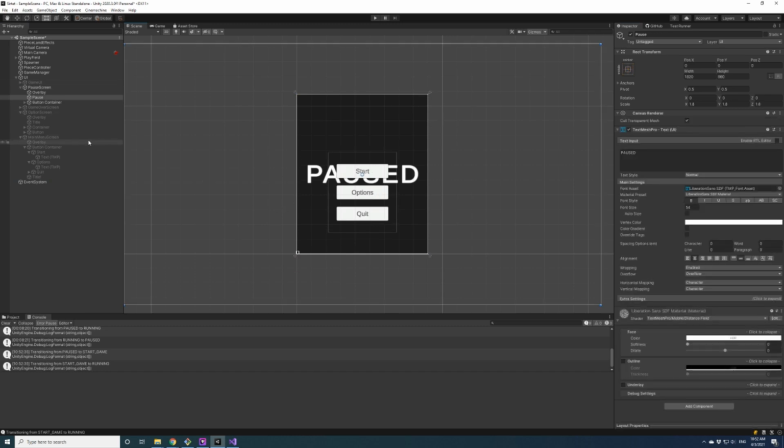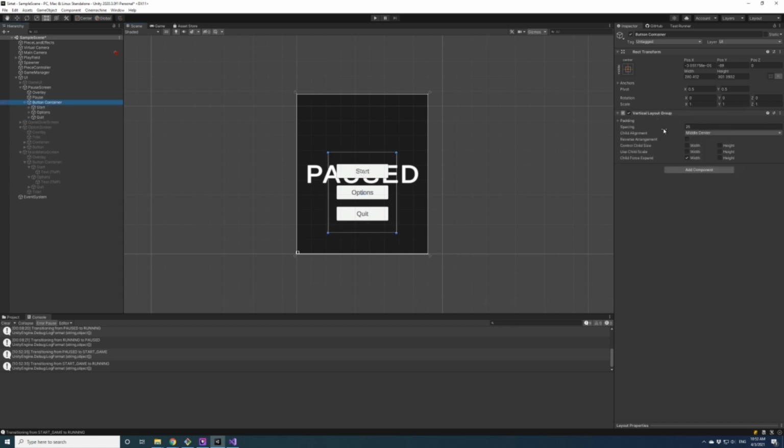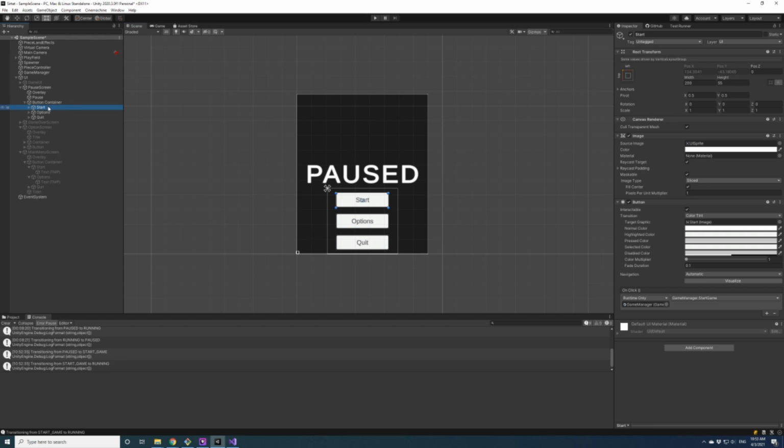I'm not sure I want these buttons to be vertical. I mean, they could be, and just kind of move them down. Because what we really want is no longer to have this called start.